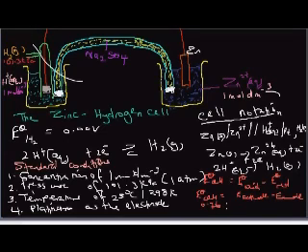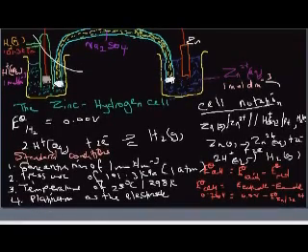So the electrode potential of our cell, 0.76 volts, will be equal to the electrode potential of our cathode, which is 0.0 volts, minus the electrode potential of our anode, which is our zinc being converted to zinc 2 plus. Right? So that is what we have. If we do our mathematics correctly, we have 0.76 volts is equal to minus the electrode potential of the zinc half cell. So if we do the calculation, the electrode potential for the zinc is going to be equal to minus